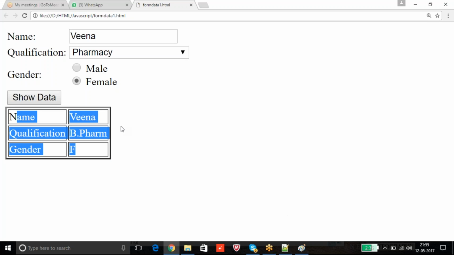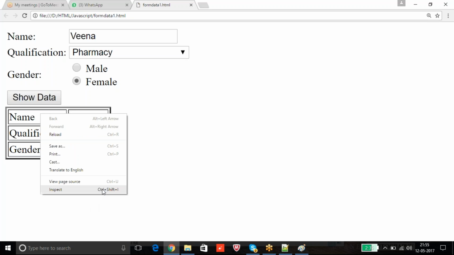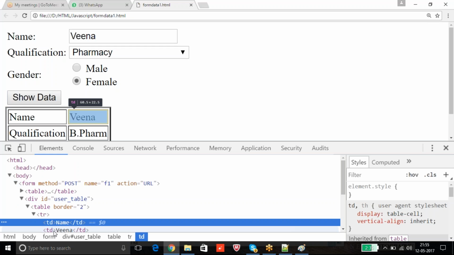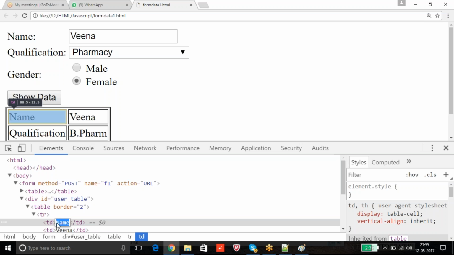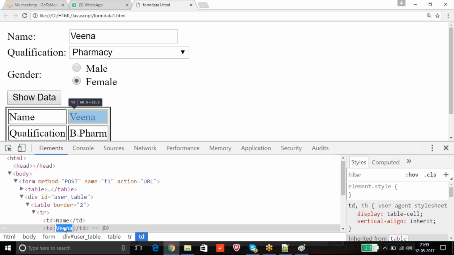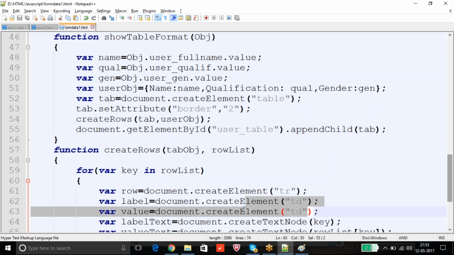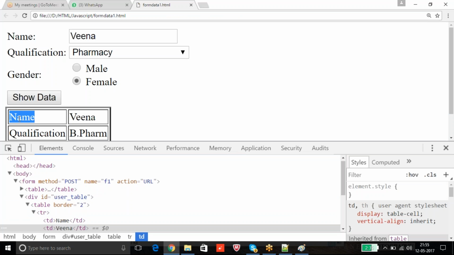I mean 2 columns. So how many columns do we have here? How many TDs do we have? 2 TDs in each row. See, first TD, second TD. The first TD contains the label, and the second TD contains a value, two columns. For the sake of two columns, I'm creating two table data here. Every table data, I mean every column, should contain a text, isn't it? See, there is a name and value, name and value. So this is a label name and label qualification, value Veena and value B form,